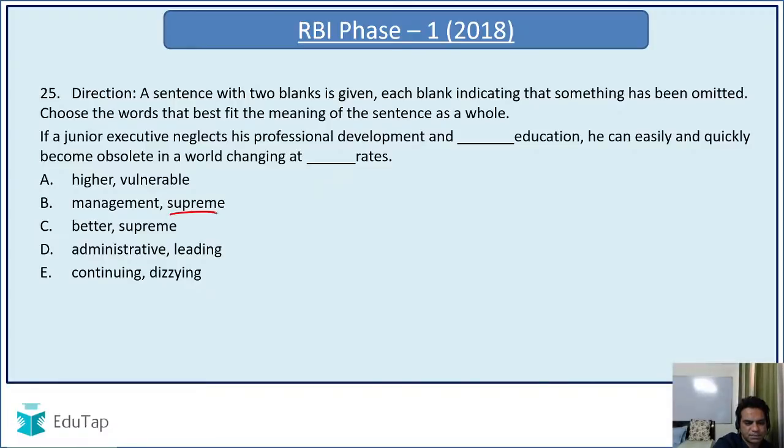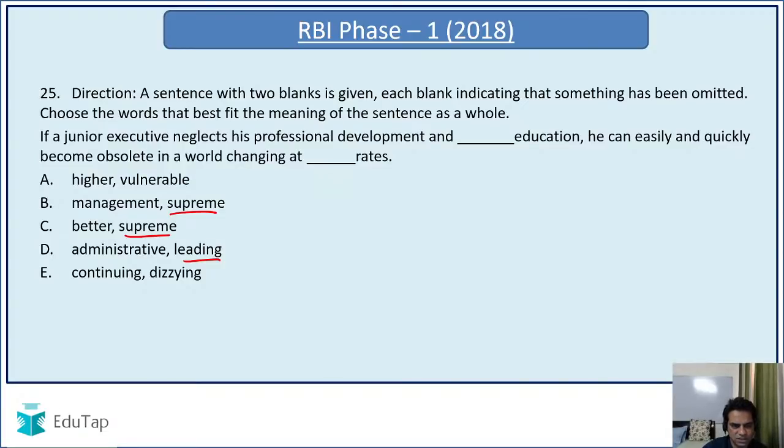Supreme rates, that's absolutely wrong. So I can eliminate option B and C. Become obsolete in a world changing at leading rates, that's also wrong. So either it could be A or E. So guys, do try to eliminate your options. And higher education, your continuing education. Junior executive, he's a working professional, guys. So higher education is when you are a student. So if a junior executive neglects his professional development and continuing education, he can easily and quickly become obsolete in